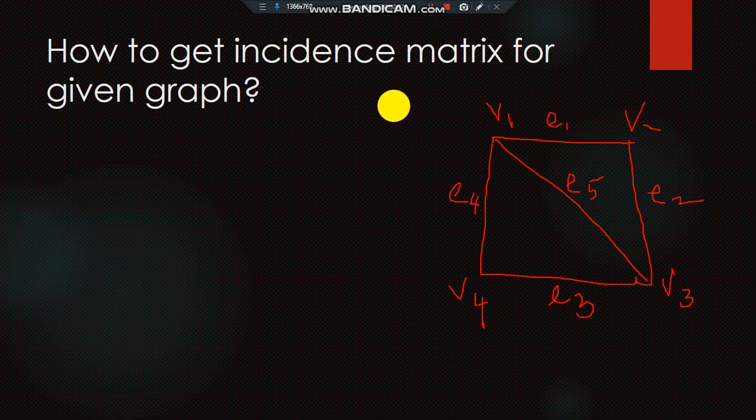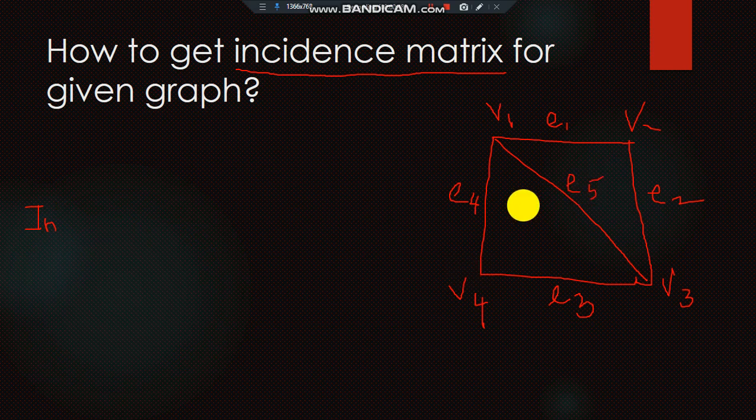As students, here we are going to find out the incident matrix for the given graph. This is the graph given to us. It consists of four vertices, V1, V2, V3, V4, and five edges, E1, E2, E3, E4, E5. For this we have to make the incident matrix. Now, how to find this? Now you write the incident matrix